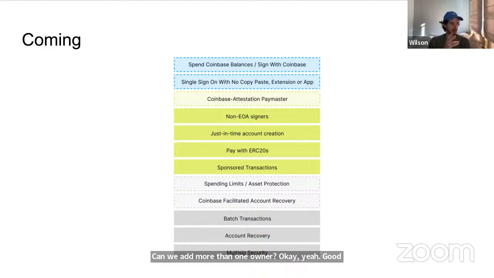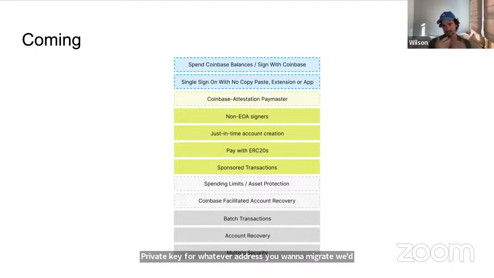So the first one, what is a good process to migrate wallets to Smart Wallet? Currently, this is a manual process. We don't have any tools for this yet. I think it's interesting to consider whether we should build a tool, but it would be a high stakes tool, right? You have to put in your private key for whatever address you want to migrate. We'd have to automatically migrate all those funds to your smart wallet.